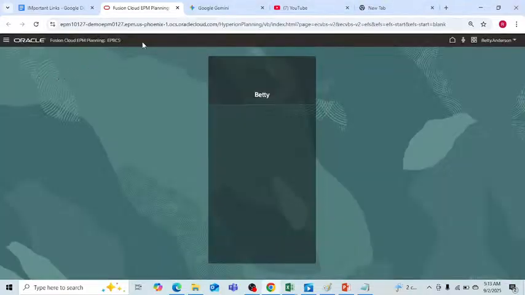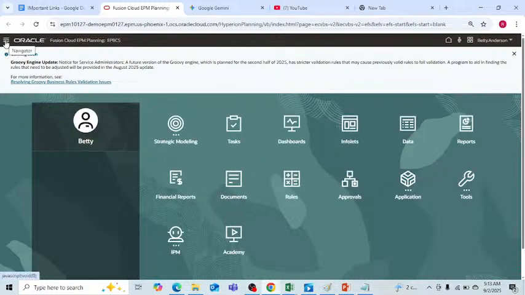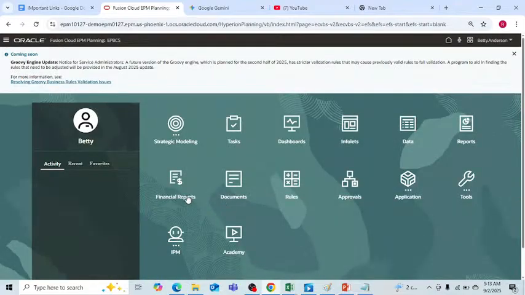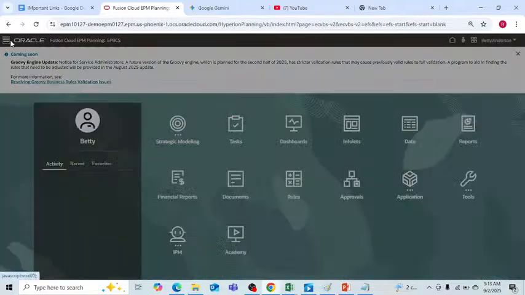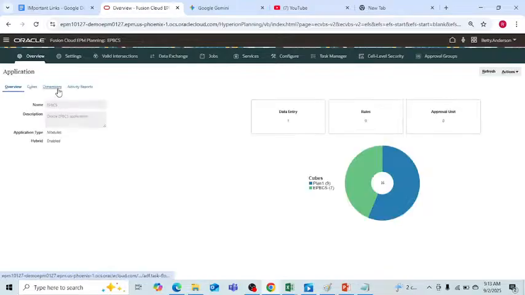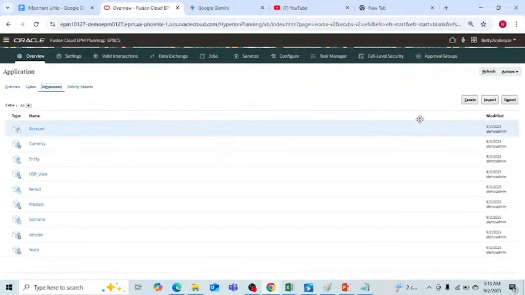I think someone has already created the application. It is the EPBCS application that someone has created. But we need a new application. Even we can also do it from EPBCS. So simply we will go to dimensions under the overview. Go to the dimension, click this option, and here you can see the option is there, account. Click on the export,